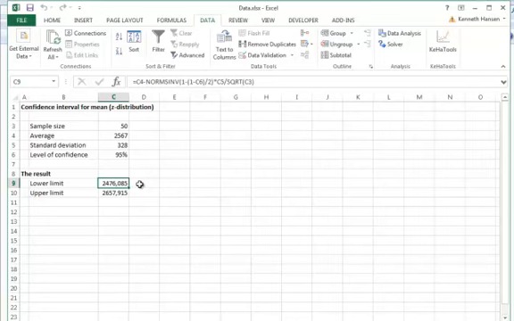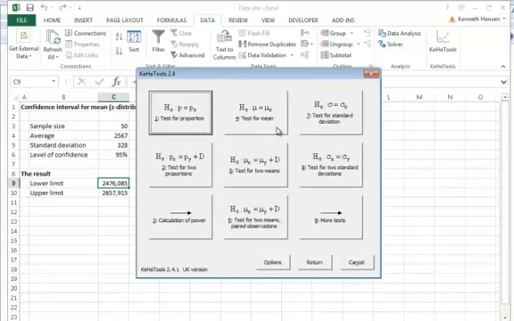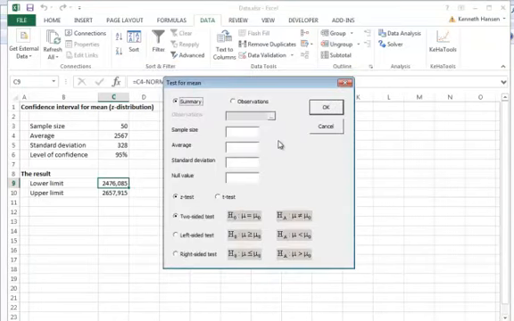But, as is explained in the book, we could also make a hypothesis test instead. So we go to this button, test for a mean. We write in our observations. Our null value is the value we're going to compare with, 2,500.